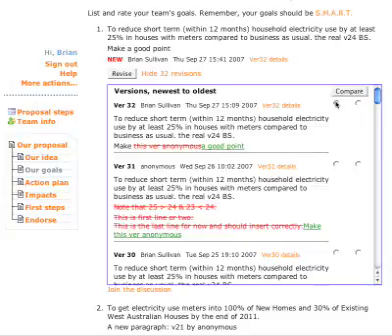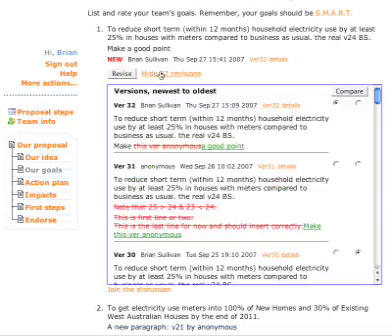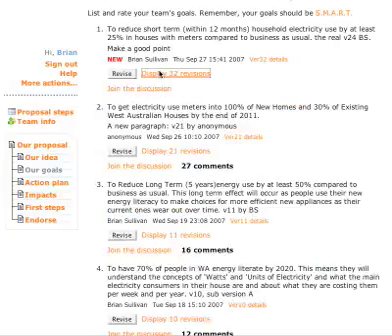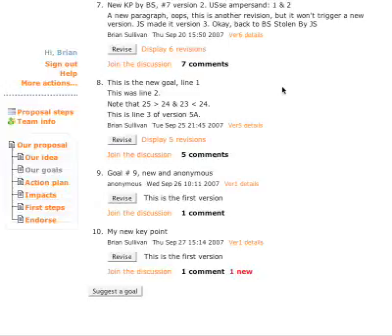Now we can also compare a couple of revisions. We'll select these two, click compare, and this will show us what the changes are in the same red and green formatting. We can close that revisions, and let's scroll down a little bit further here, and we can look at goal